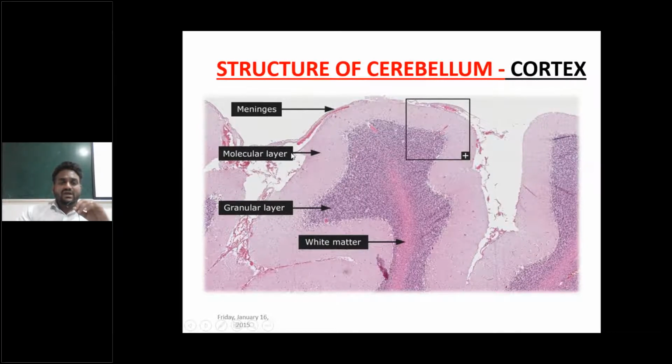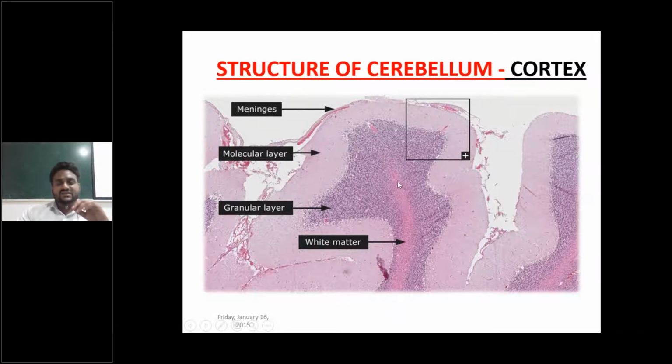So the outer layer, molecular layer, you can see here. That labeling you can observe here. Then the inner layer, granular layer. Between molecular and granular, big cells are present in the cerebellum. These are the characteristic cells of the cerebellum, named Purkinje cells. For example, this is one like that. So Purkinje cells are present between the molecular and granular layers. So totally three layers: molecular, Purkinje cell layer, granular layer, and inside you can see the white matter.